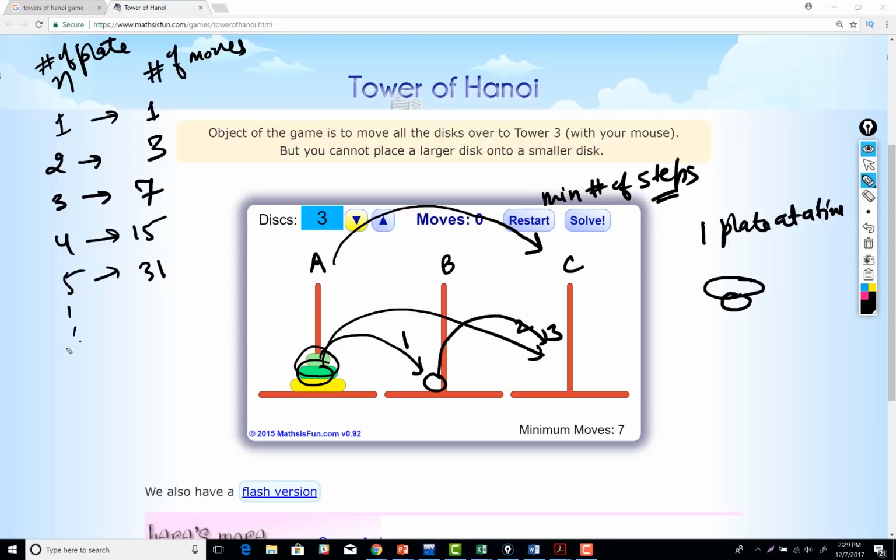In the same way, if we have a total of n plates, that will take a total of 2 raised to the power n minus 1 steps. Okay. And do you know the story behind this? Yes. It is also called Towers of Brahma. Towers of Brahma. Why? Because